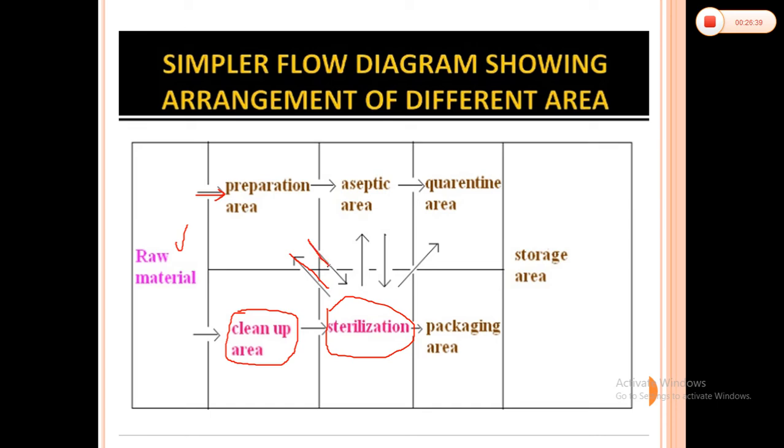Again after the preparation it will enter the sterilization process, like membrane filtration we can carry out. Then from here, the sterilized material enters the aseptic area. From the aseptic area some terminal sterilization process we can use, and they will carry out the packaging. After the solutions, it goes to the quarantine area. And once packaging is carried out, it goes to the storage area. That is the process flow we have to maintain to produce a proper, quality standard product.